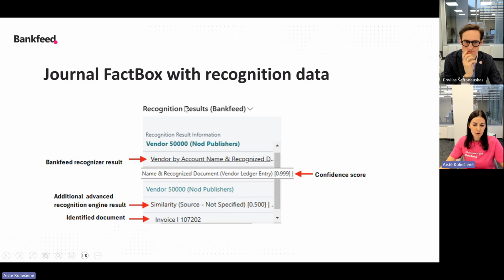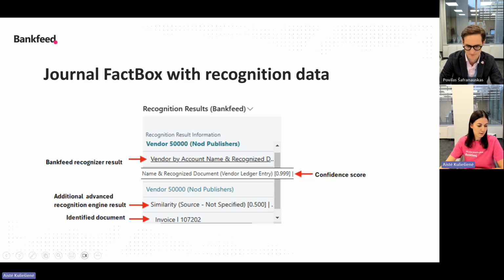At the top of the fact box, the recognition result which had the higher score will be placed. The highest score is 1, and for all scores close to 1, we recommend trusting this result. But if you see a result of 0.5, for example, you need to verify this result and check this line.